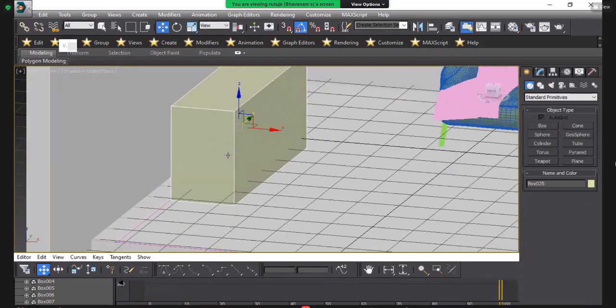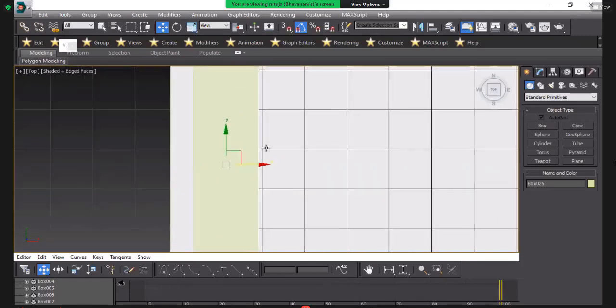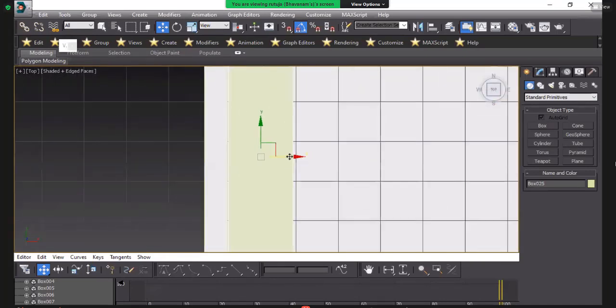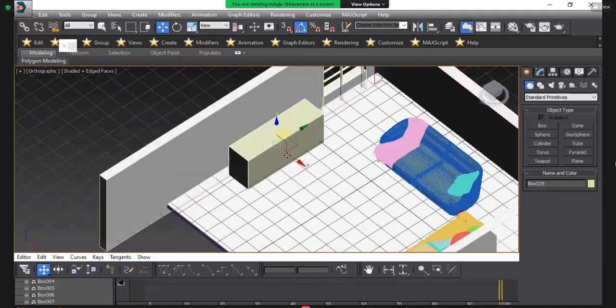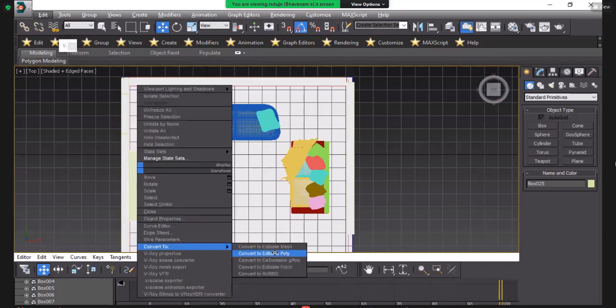What can we do now? Who can tell me what we can do now? When we take an object, what can we do now? Please tell me. Anyone? We will convert it into editable poly.